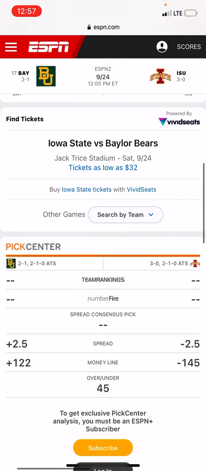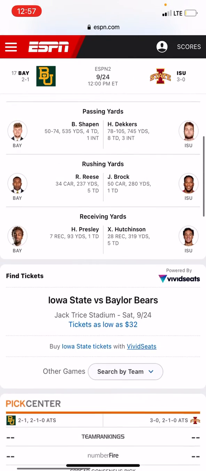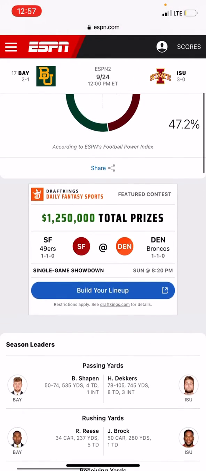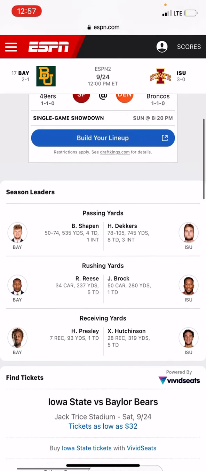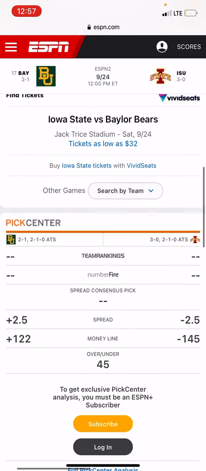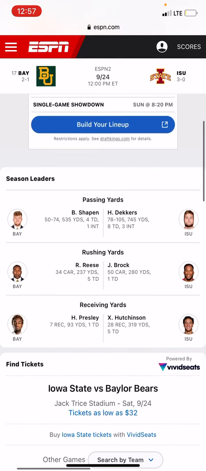Not that it can't happen. And you can also pick them outright, but we're not going to be doing that. And again, there's narratives. There's not as many narratives with college as there is with the NFL, but the narrative with Iowa State is they have a bruising run defense. So then you have to look, they have the over-under at 45, and if there's not much of a rushing